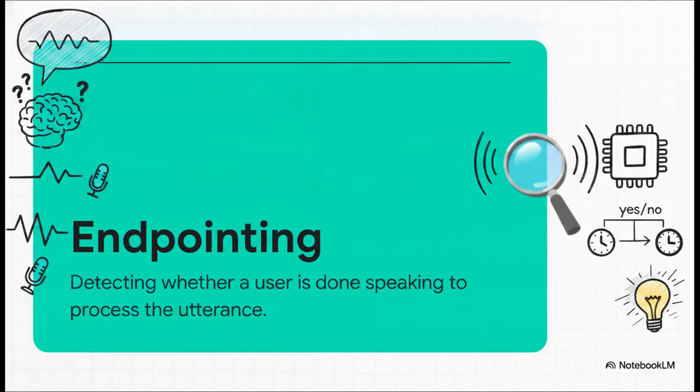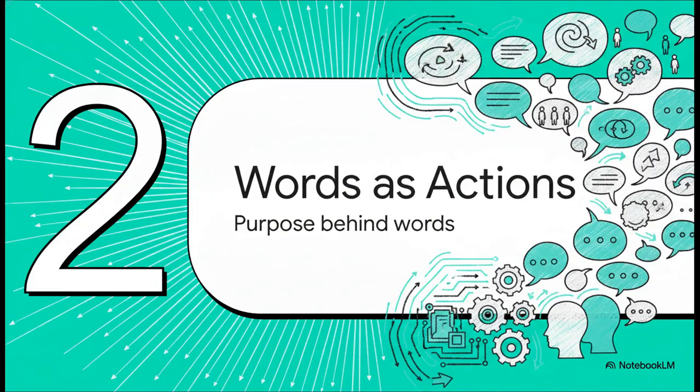This brings us to a massive headache for AI called endpointing. A system has to figure out when you're actually done speaking so it can process your words and reply. Sounds simple, right? Well, it's actually immensely challenging. We humans constantly pause right in the middle of our sentences just to think. That is exactly why your smart speaker rudely cuts you off while you're staring into the fridge trying to remember an ingredient. The poor machine literally can't tell the difference between a thoughtful pause and the actual end of your sentence.